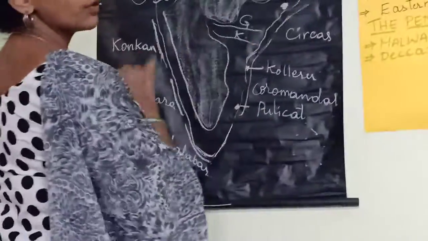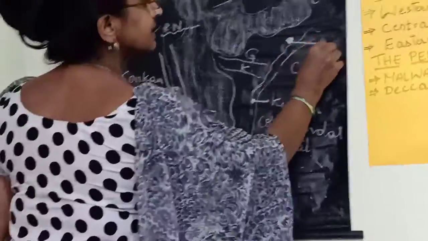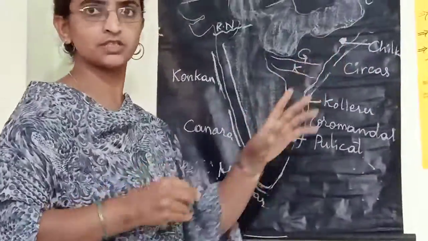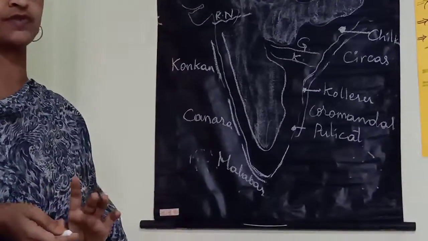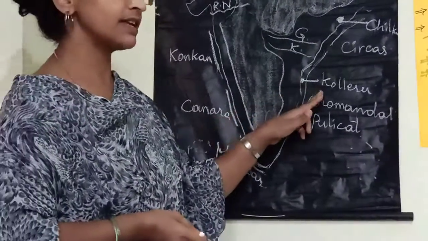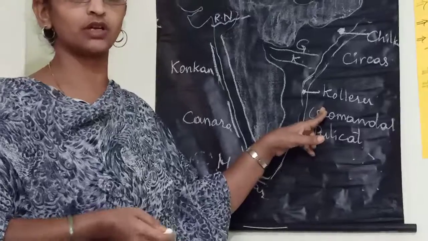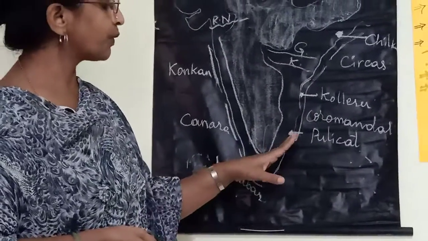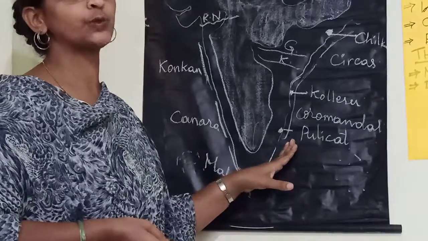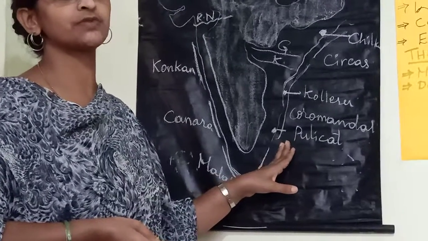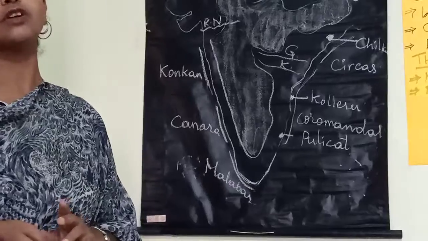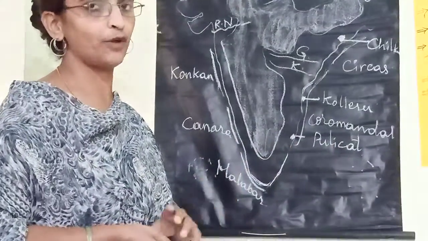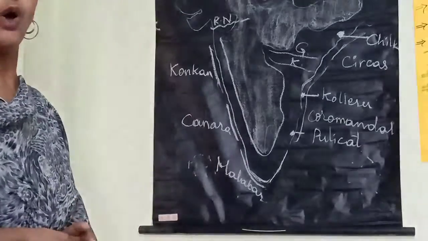The lake which is found in the Odisha region is called Chilka, and this is saltish. We can see that lake is with a lot of salinity. Kolleru Lake is one of the freshwater lakes in South India. And again, Pulicat Lake is also found in the south part of Andhra Pradesh, which again has a lot of salinity because of the backwater from the Bay of Bengal. So this is all about the coastal plains.